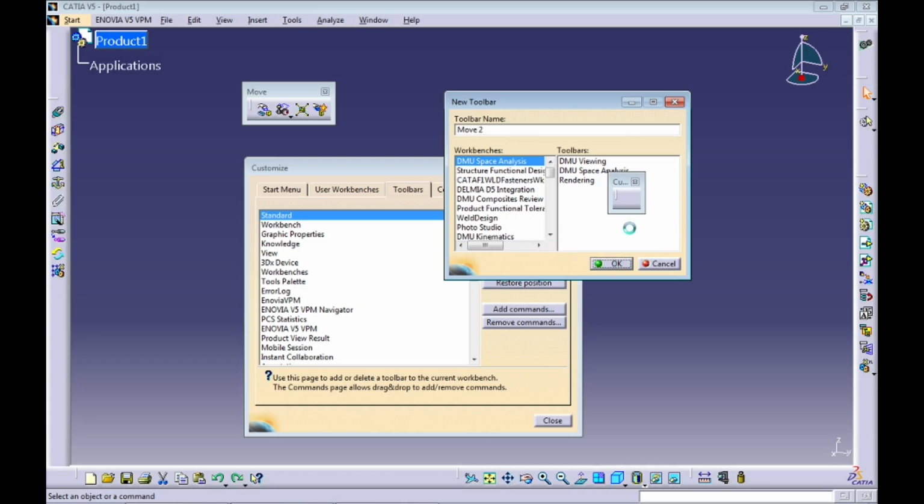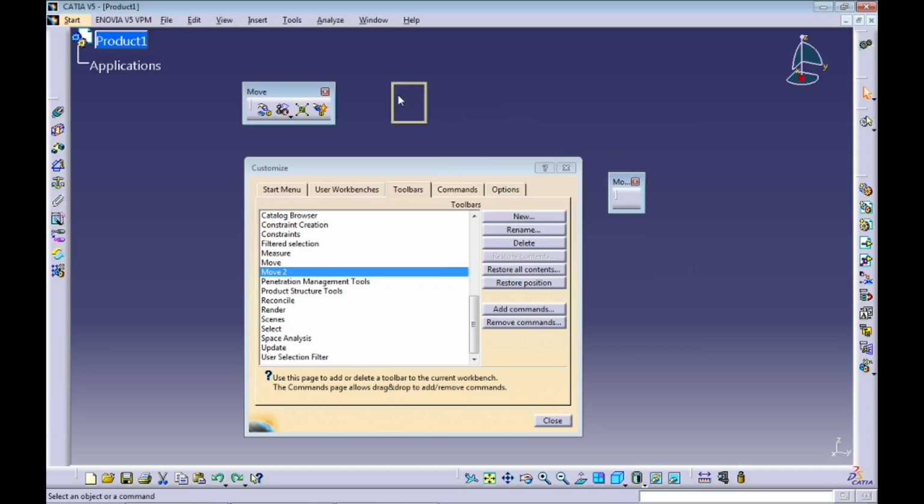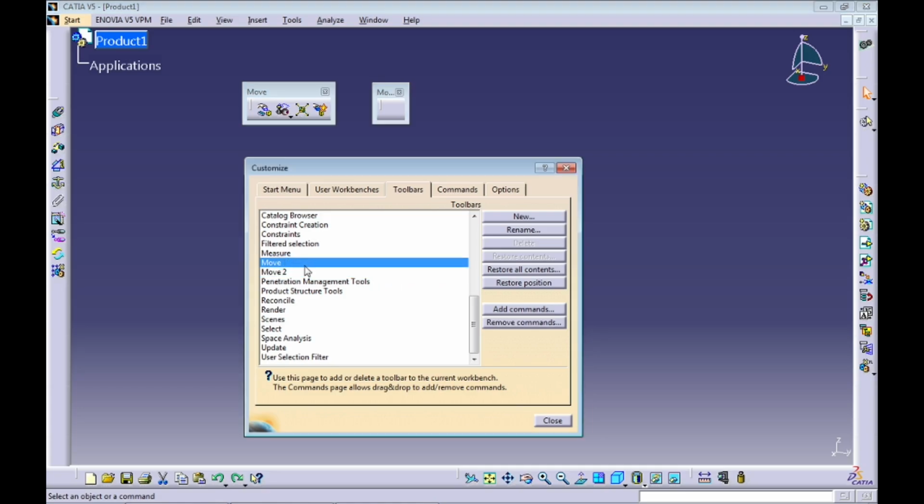I'm going to select Cancel, click on New again, and let's put a name as Move 2, and press OK. Just that. Okay, so now I have new toolbars here. I have the toolbar Move and Move 2, and I want to add some commands. You can go here on Add Commands,